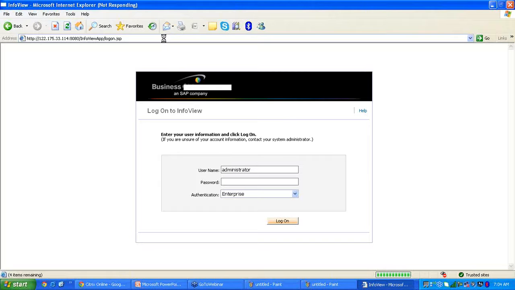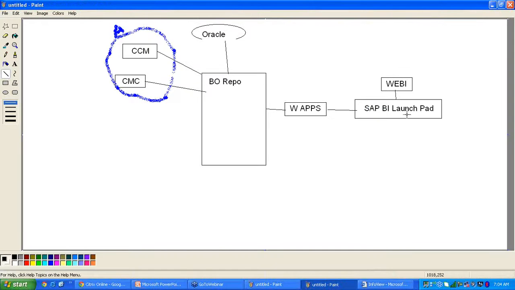This BO is installed in a server in the Hyderabad location. We can open this from your local system without any software installed on your local system. If I give this link, you can create reports and view reports, including the reports I already created. You can check the list of reports through InfoView. Similarly, BI Launchpad is the same. That's it about Web Intelligence and how we can create reports.